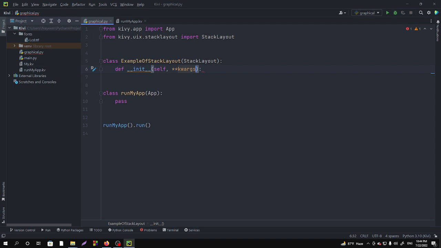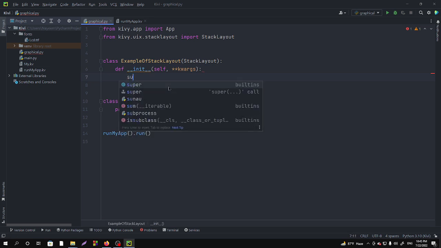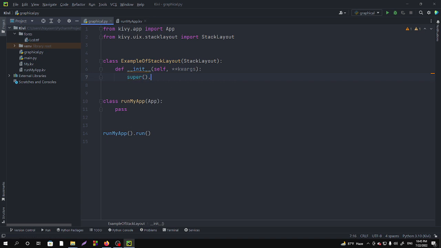What does it mean by kwargs? Suppose we don't know how many parameters we need. So in that case we use keywords, because we don't know how many parameters we need to use, that is why I am using keywords for an unlimited amount of variables. Okay, so in that, what to do now? We have to inherit from here. In init we have to pass kwargs here also, and in this we have to make a loop for i